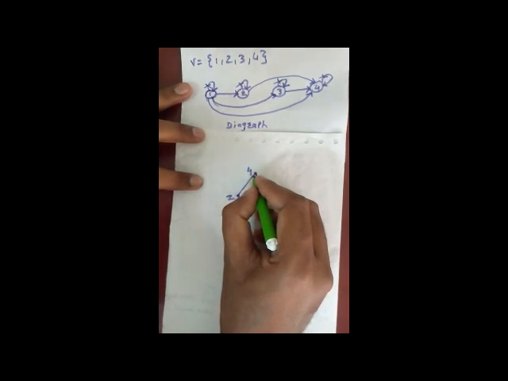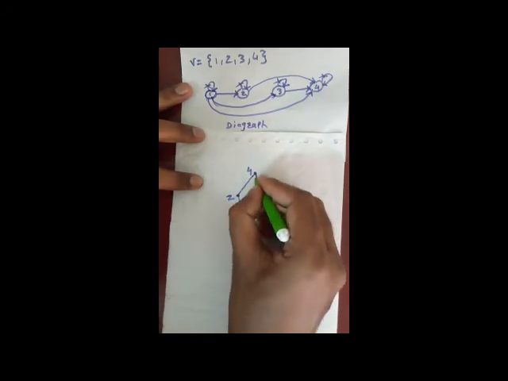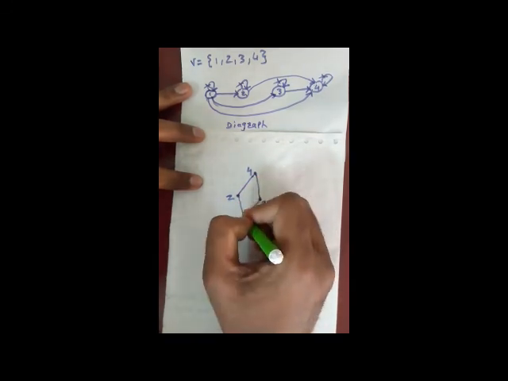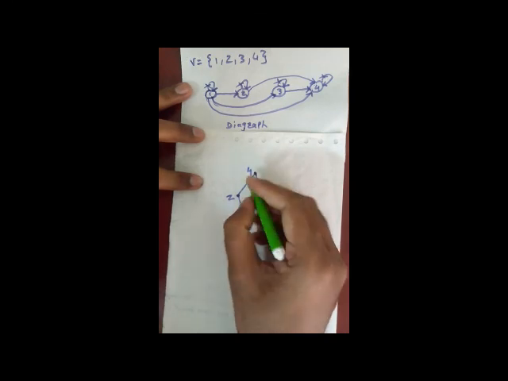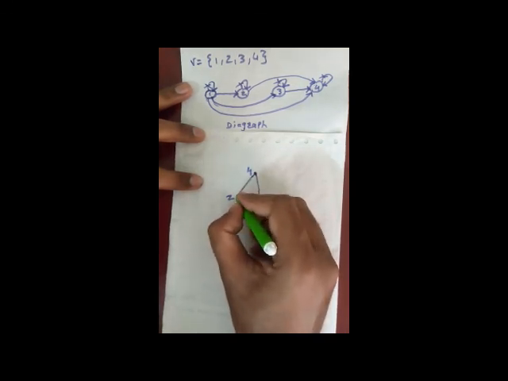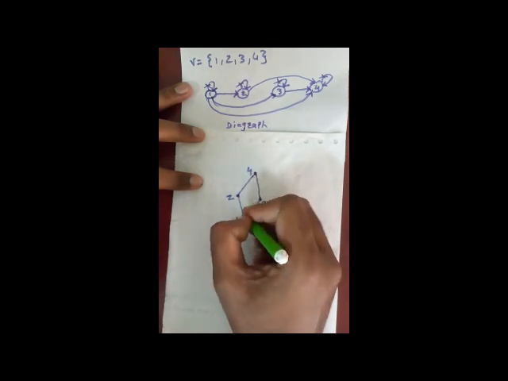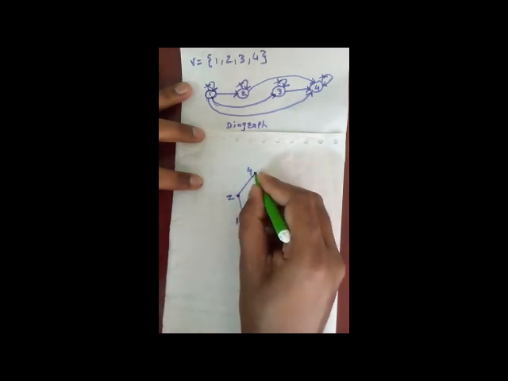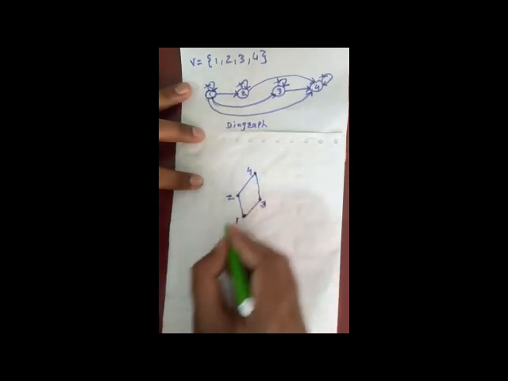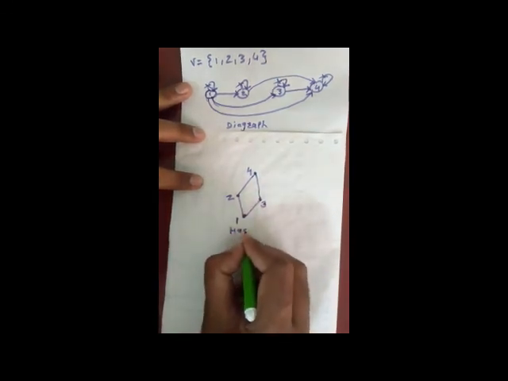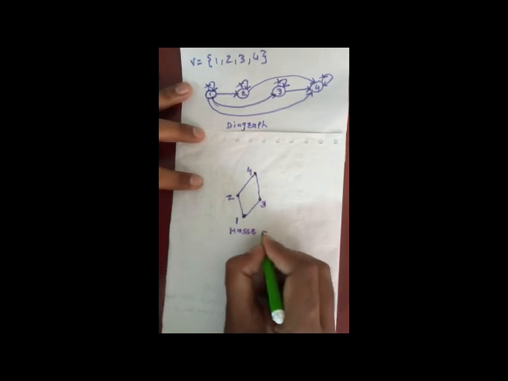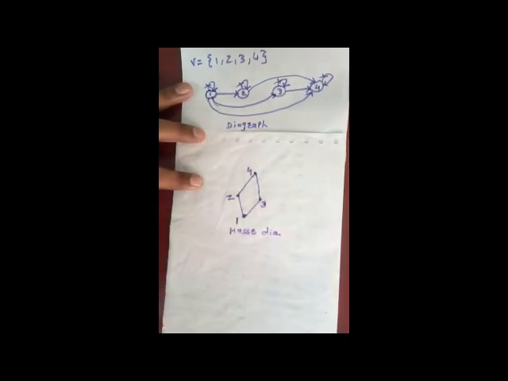Our condition is that we have to remove the transitivity, which means it is not necessary to draw 1 to 4, because 1 is related to 4 indirectly via 2, that is 1 is related to 2 and 2 is related to 4, so it is not necessary to draw 1 to 4. So this is our Hasse diagram.